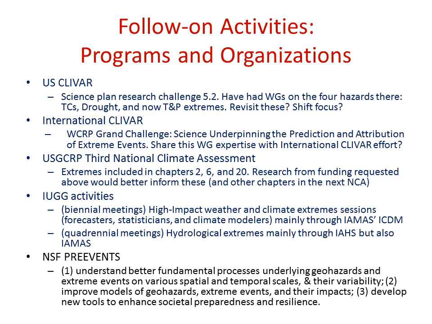In terms of existing programs, several ideas for research funding and workshops were presented above. And in addition to those, we're aware of some ongoing activities. We probably are not listing all of the ones that are here, but here are some that we thought of. First off, in US CLIVAR itself, as mentioned in the science plan, one of the 4 research challenges is extremes. And we know that there have been 3 working groups now that seem to cover the 4 topics there, or at least touch upon them. So there's been a tropical cyclone, there's been a drought working group, each of those, and of course now we have one on temperature and precipitation. So one question might be whether US CLIVAR wants to continue to visit these topics, maybe with a shift from identification to more on understanding, simulation, or even application of them